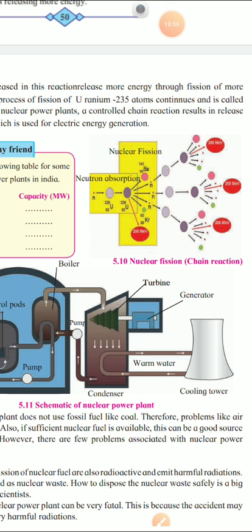So the products which are nuclear waste should be disposed of properly and safely, so that other harmful effects will not arise, as well as it is a threat, or a challenge, for the scientists. Now an accident in a nuclear power plant also can be fatal. This is because the accident may result in the release of very harmful radiation. So let me highlight some important points for this.